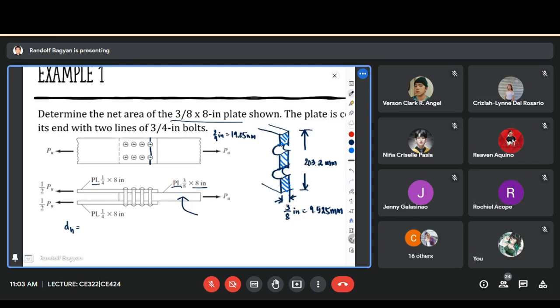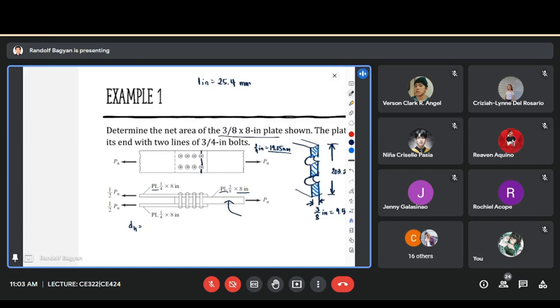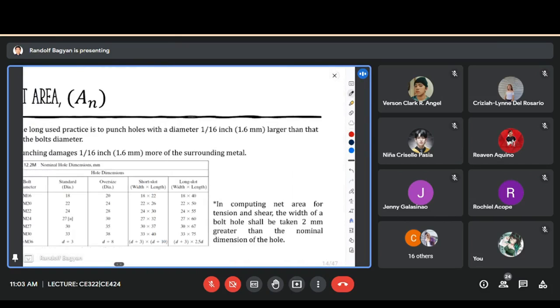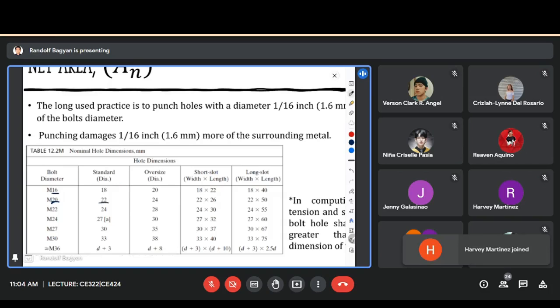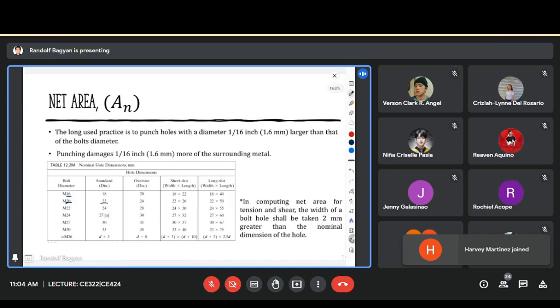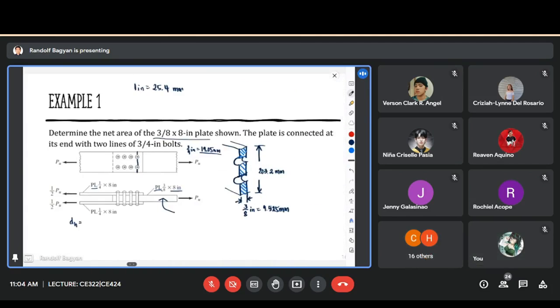Okay. Yung 19 mm. So we have to look at the table. Anong magiging standard nominal hole dimension natin? That would be, yan, sinasabi ko kanina, di ba? Okay. 16 mm and 20 mm. Dito nakalagay yung ating 19 mm between them. Okay, pero for 16, nag-plus 2 lang din naman siya. For 20, nag-plus 2 lang din naman siya, no? So for the 3/4 inch or 19.05 mm, mag-plus 2 lang din tayo for the nominal hole dimension. Okay? So, 19.05